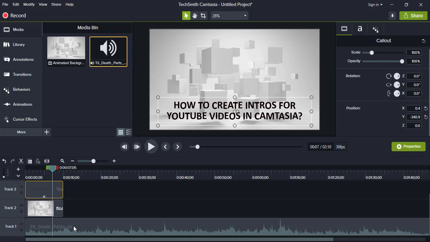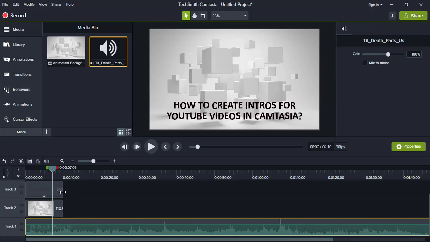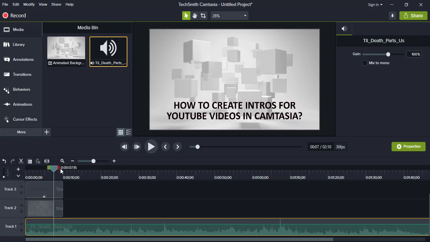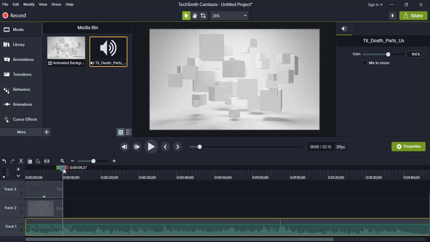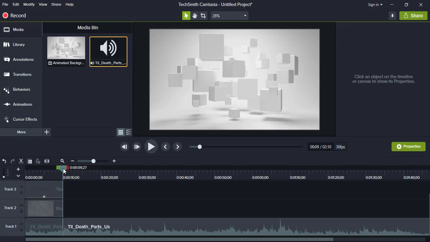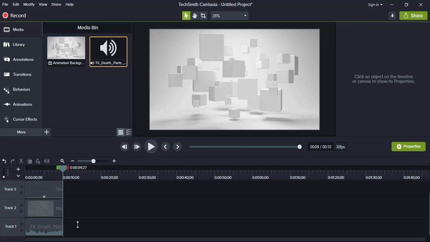So I'm keeping it the same. Plus, if you want this audio clip to finish at the same point this intro finishes, you just have to take this cursor and keep it here, and trim your audio like that and delete the rest. So this is how you create your intro.